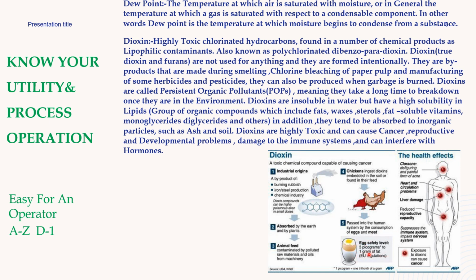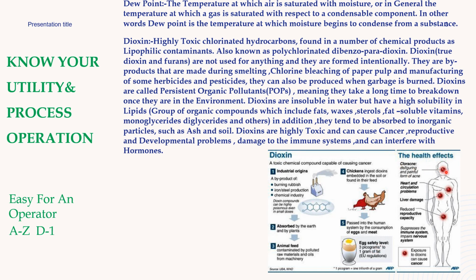Egg safety level is 3 picograms per 1 gram of fat, EU regulations. That is, 1 picogram is 1 millionth of a millionth of a gram, 1 trillionth of a gram. A very low level of dioxin is present in the chicken or egg we eat. That will create